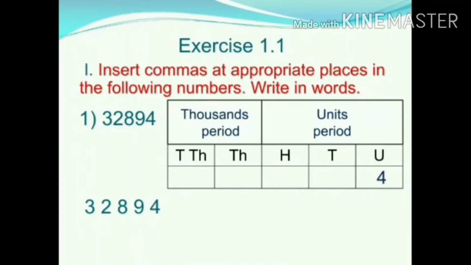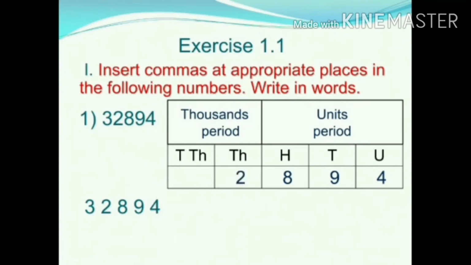Now the second number is 9. Which is the second place in the place value table? From the right side, yes, tens place. So we should write 9 in the tens place. Which is the third number? Yes, 8 is the third number. The third place is hundreds. So we should write 8 in the hundreds place. Now the fourth number is 2. Which is the fourth place? Yes, the fourth place is the thousands place. So we should write 2 in the thousands place.